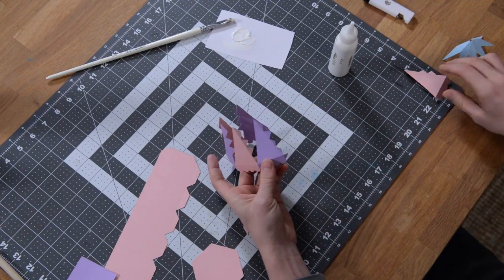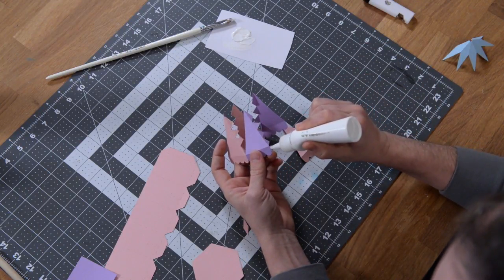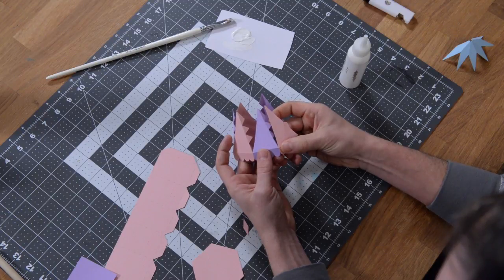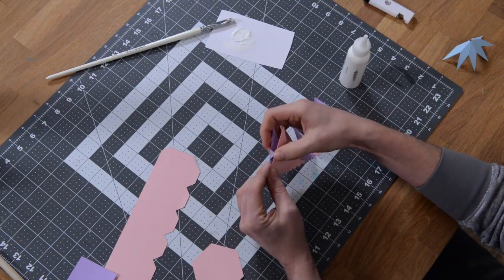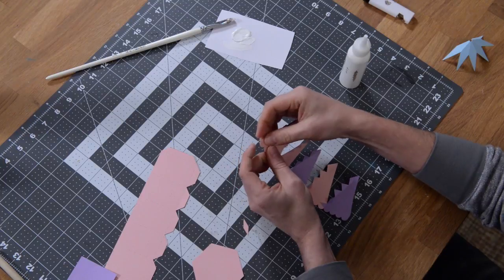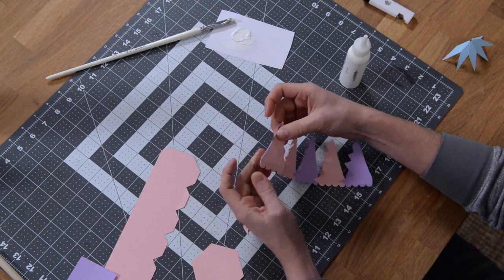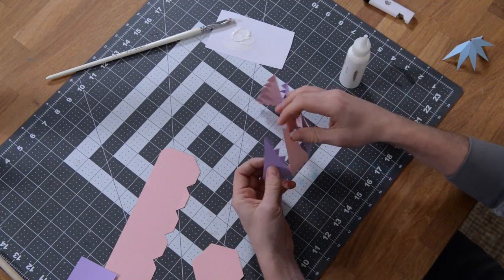Okay, and last one here, alternating colors. And give that a squeeze, fold it over. It doesn't matter where the tabs are, as long as you can look at the little scallops at the bottom, and as long as they match up nicely, you know that we've got it in the right spot. Okay, so now we're just going to go up the line here